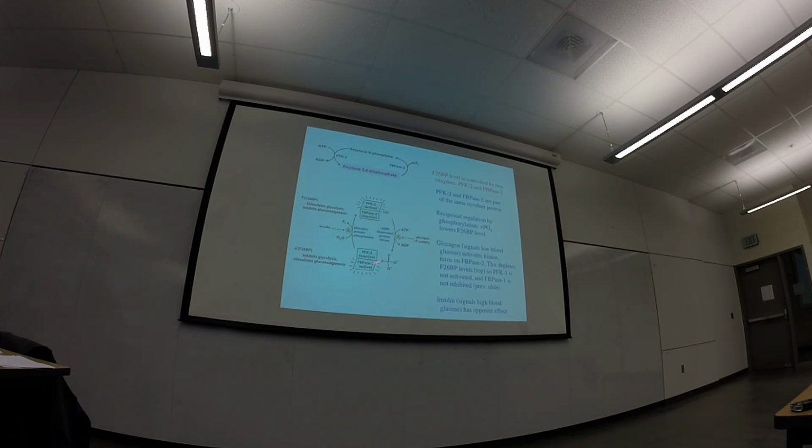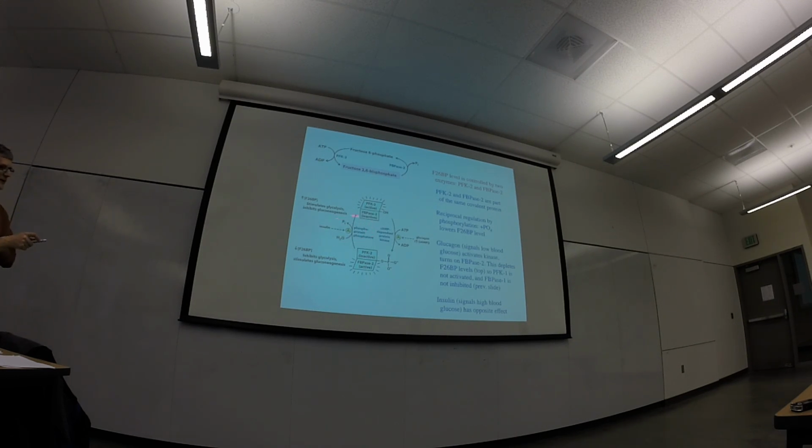Okay? If that bifunctional enzyme is not phosphorylated, then the portion of it that codes for PFK2 is active. And if that portion is active, then a lot of this metabolite gets made. And if a lot of this metabolite gets made, then glycolysis goes up because PFK1 is stimulated. Right? So what would be a condition in the body that would make you want to stimulate glycolysis? Insulin. And that would be if there's a lot of glucose around. There's a lot of glucose in the blood, because then it's sensed from different organs.